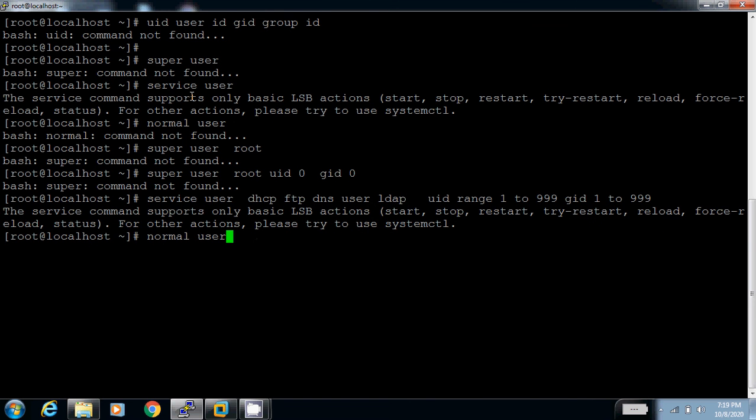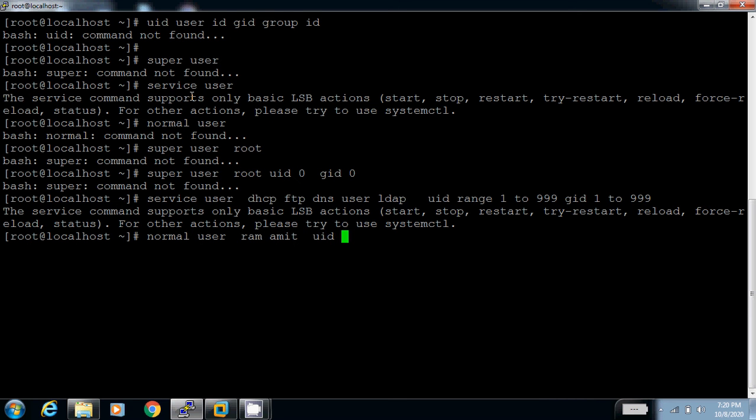And the third one is normal user, the users which are created by the root user as per our requirement, like Ram, Amit. That is called a normal user.